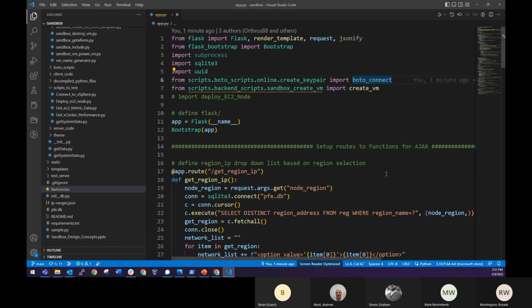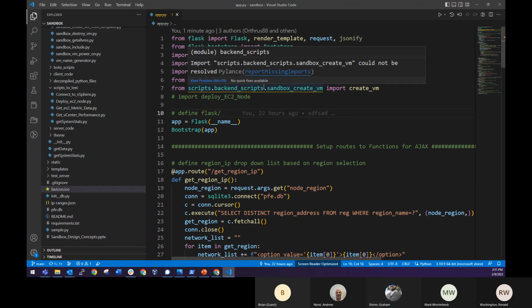Yeah, it shouldn't be the full file. You know what I'm saying? The .py, like the name of the file is create, compare, sandbox, create. You know what I'm saying? But it should be without the .py. Yeah. And I don't know why this isn't